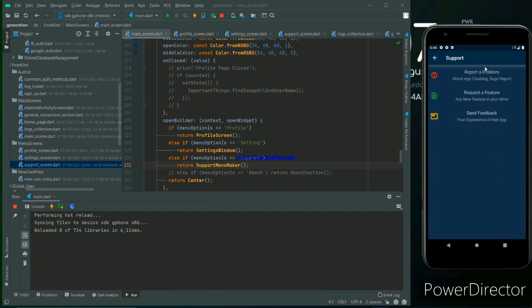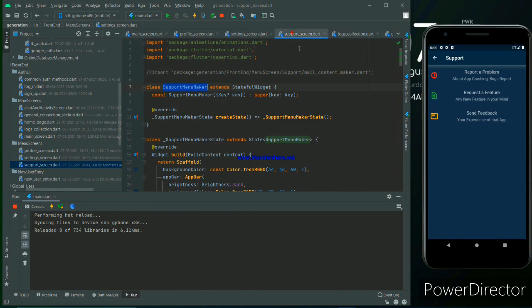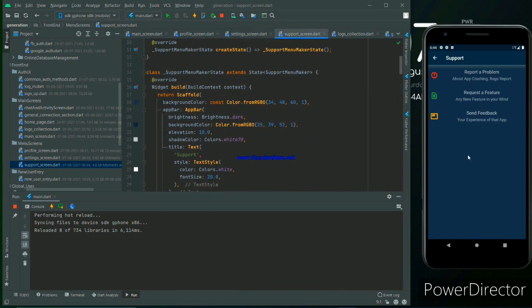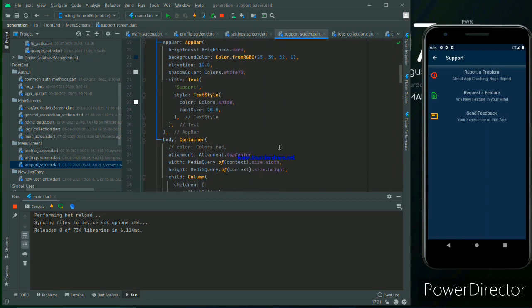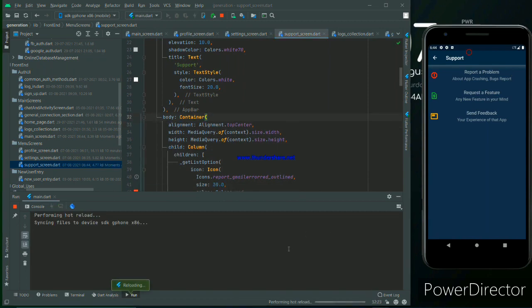Okay, that's the cool look. Hope you understand. I will explain it, don't worry. And no need to copy from that, because that's a UI you can make as your choice. The app bar title is support, and the body starts with the container, and I removed that because I use it for debugging purposes as well.